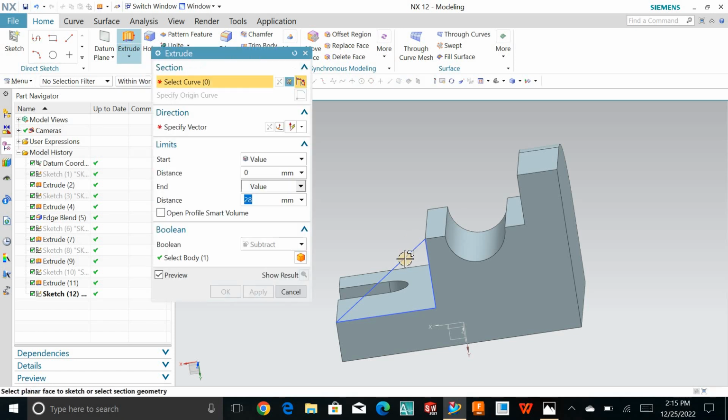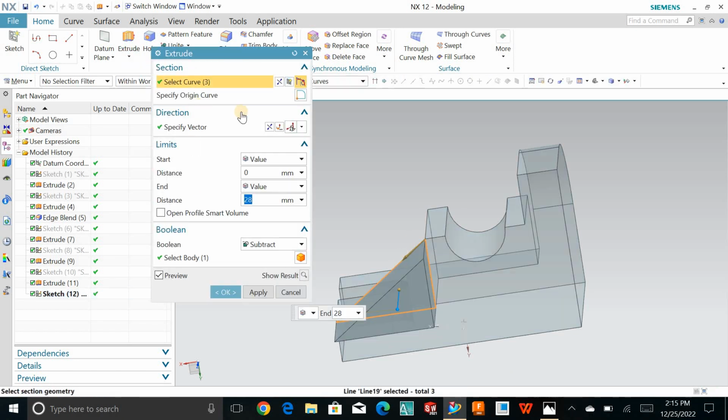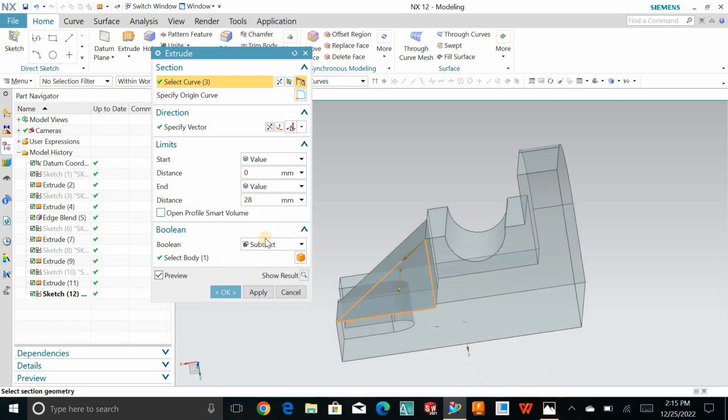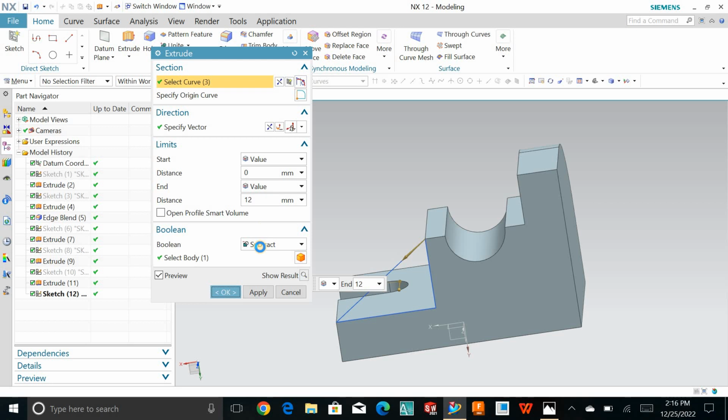Now I'll go for extrude, and I'll choose this left direction, and this thickness becomes 12, so I'll define 12, okay,